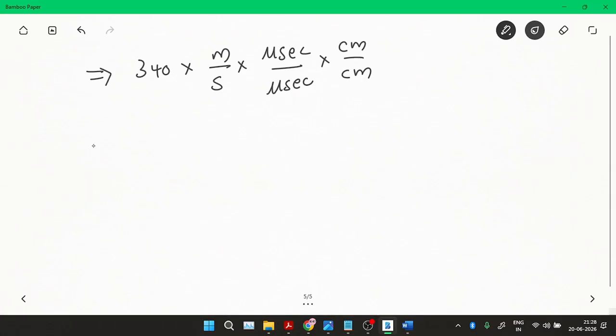So 340 into meters by second multiplied by microsecond multiplied by microsecond multiplied by centimeter by centimeter. Okay, so this is the basic line that we have in the previous slide. So the next line is, I'm going to keep 340 as it is, but these meters will be converted into centimeters. So that will be